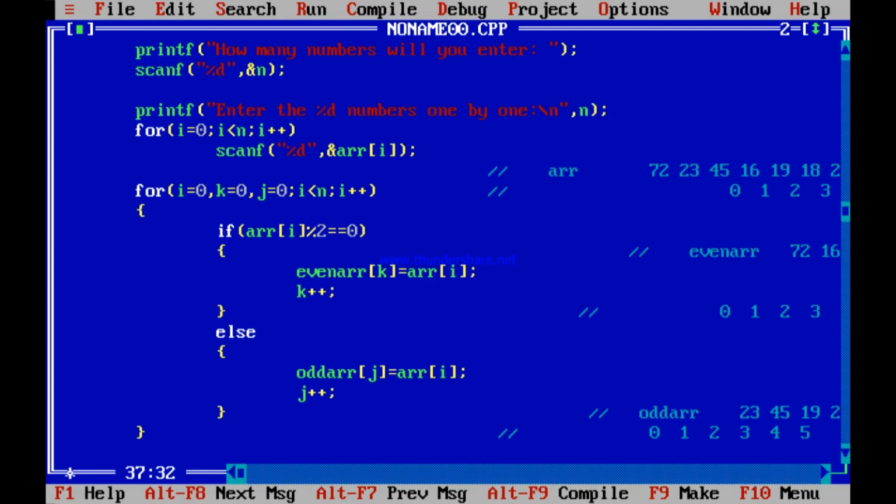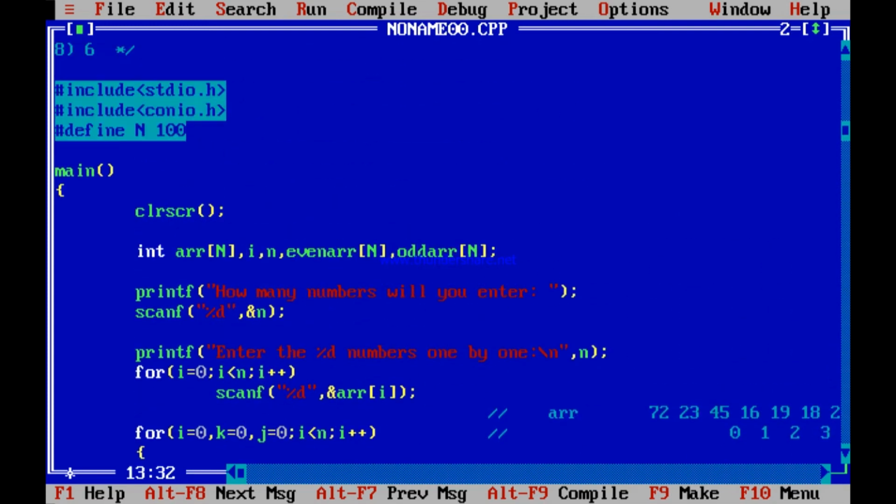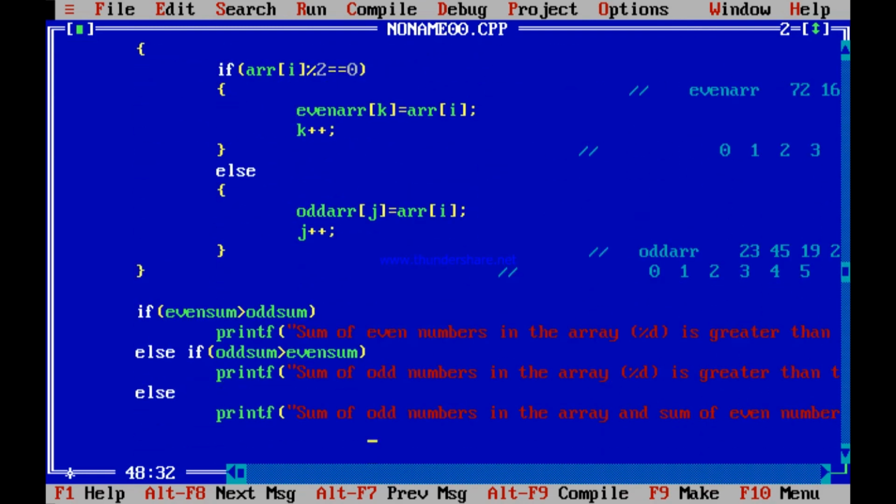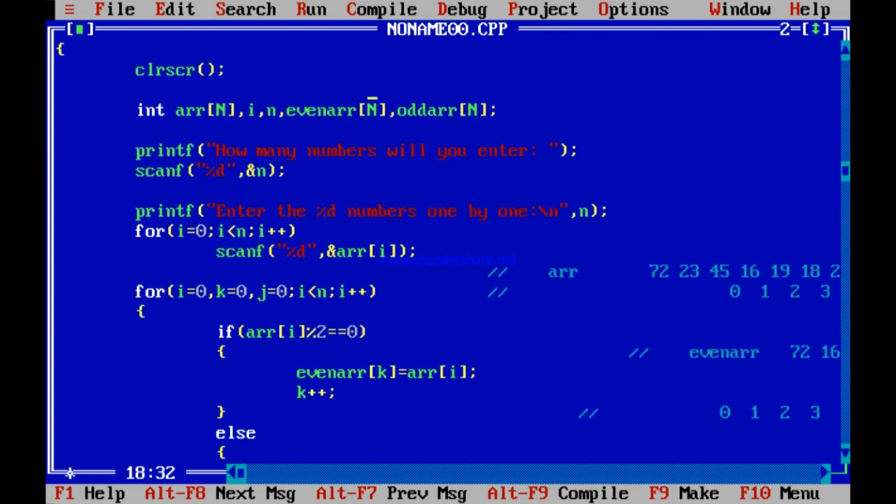So you understand that I have made 2 separate arrays. You need to declare that even array n, odd array n, and everything has been done. All initializations done. J and K have to be declared also.